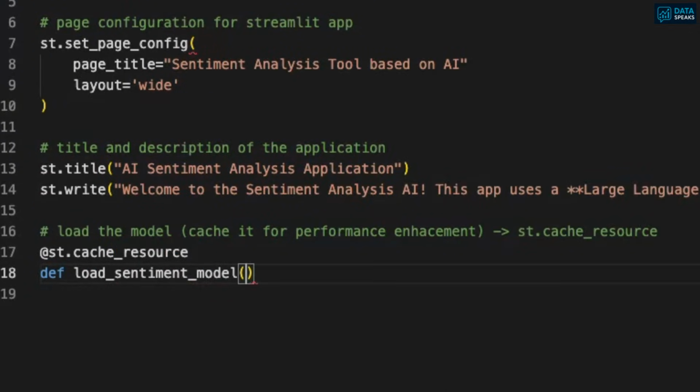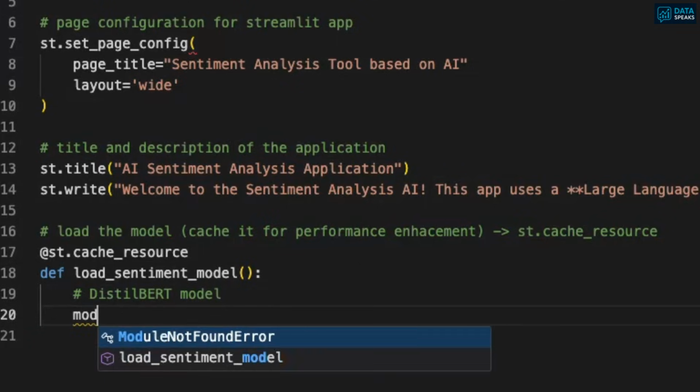So basically what I'm doing here is loading the model, the large language model. If you remember, we had imported the pipeline from transformers. That's what we're going to use. So we will be using the DistilBERT model. That's going to be our model, which doesn't even require a token or API key to be used